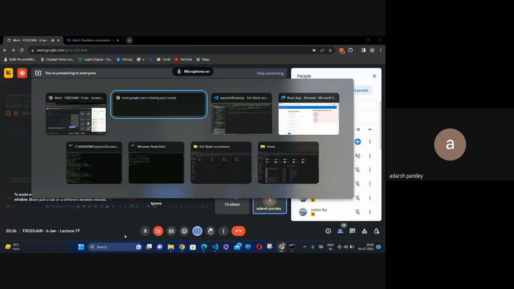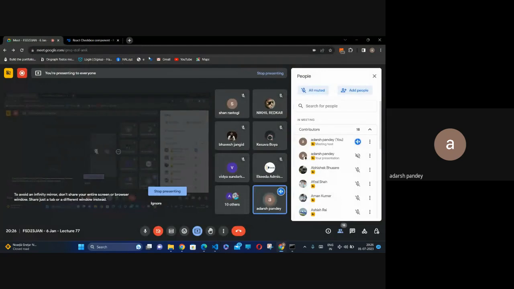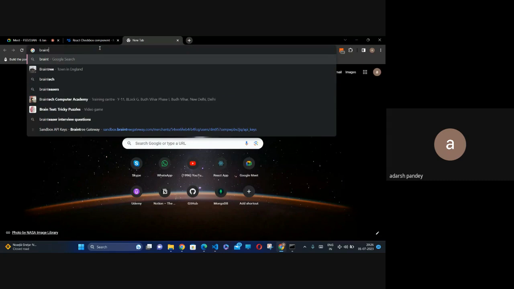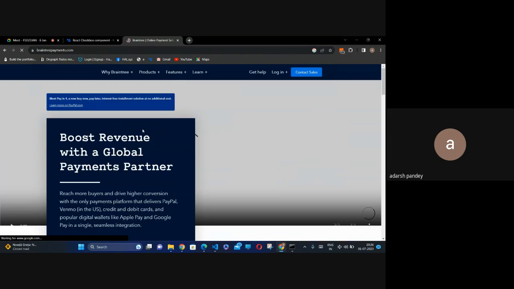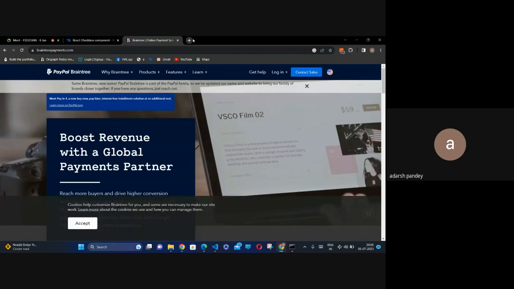So we are going to integrate it. First thing, what we have to do, we have to create an account on Braintree Sandbox. Braintree is a company which has a proper website for online payment solutions and is a global payment solution partner. But when you have to make a developer account on Braintree, then you have to go inside the Braintree